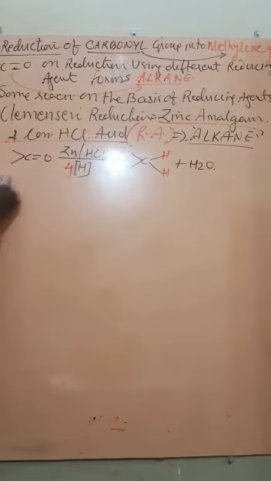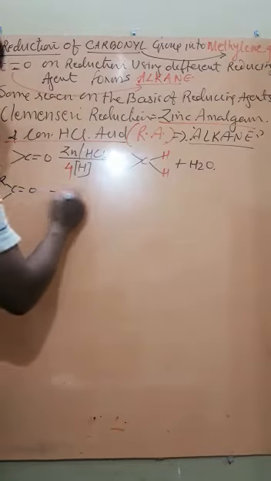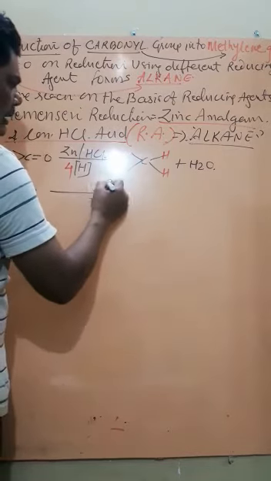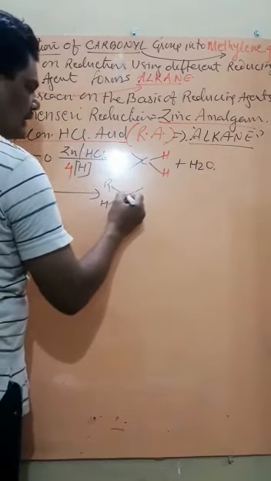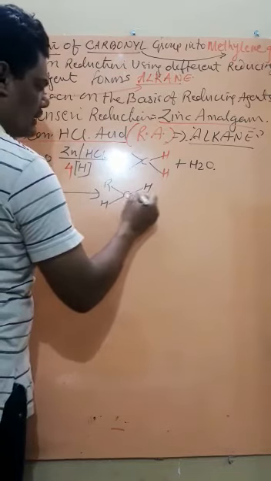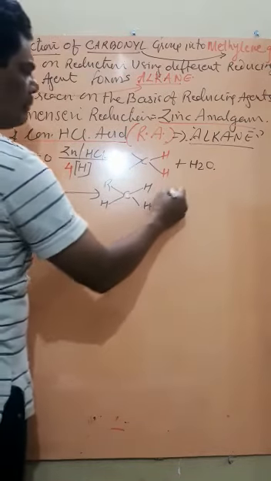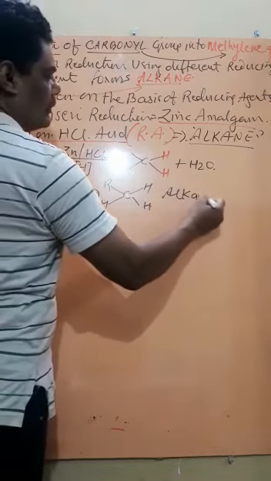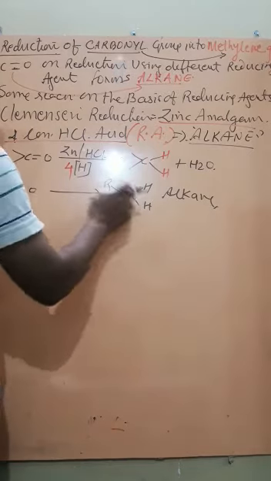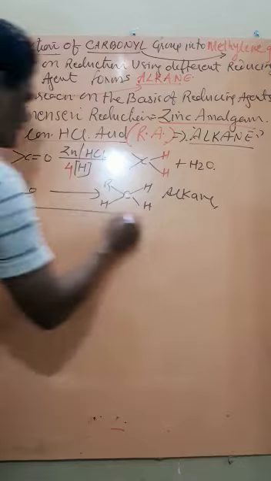Like here, if you write C double bond O and H, okay, in the same condition will form RH, and this is C, H and H, so that becomes alkane. If you are taking acetaldehyde, then it will become what? Propane. Getting? And so on. So a large number of reactions are possible with these. You can write for different aldehydes and different ketones.